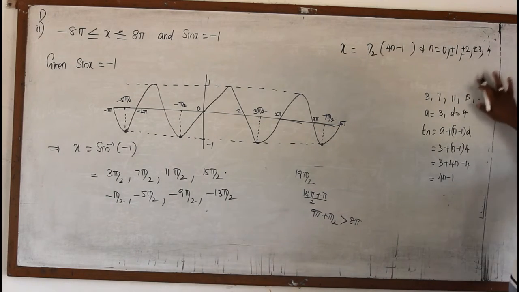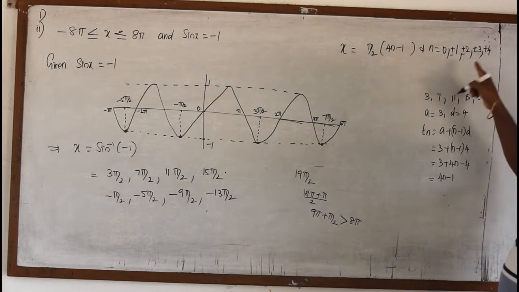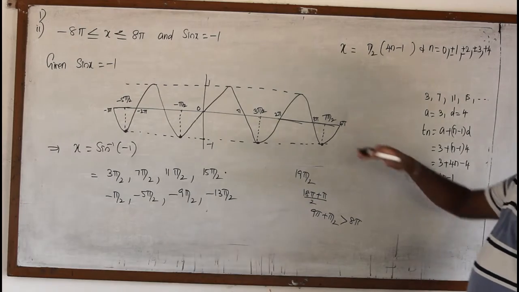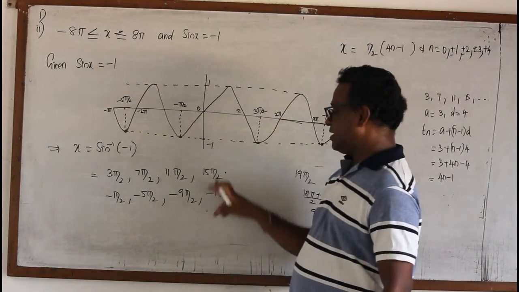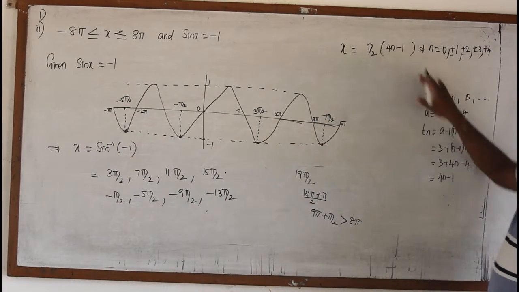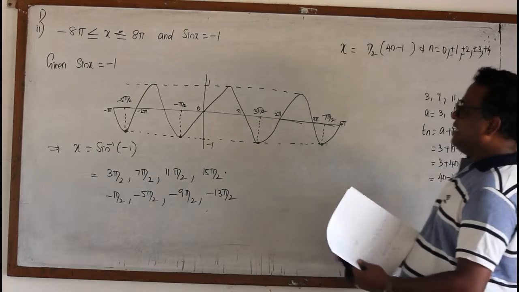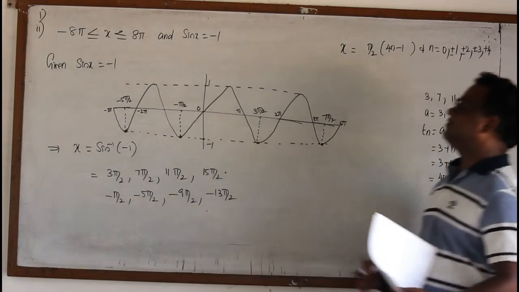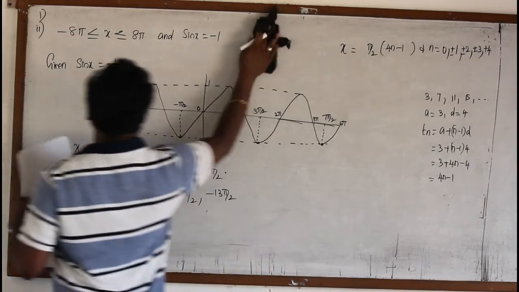4 can be taken only plus, no minus. So, you have to be very careful with this. So, this is the value of x. By drawing this one and finding the values of minus and where it occurs, and if you write all the values and generalize, you get the value of x. So, this is how we can find the value of x if it lies from minus 8 pi to plus 8 pi, and sin inverse of phi x equal to minus 1. So with that, first problem is over.